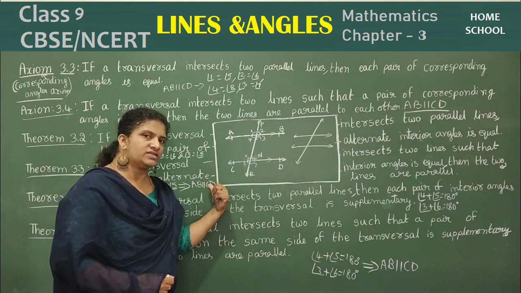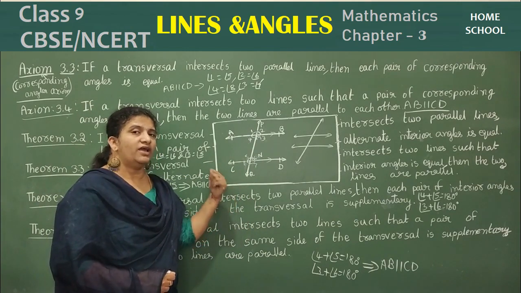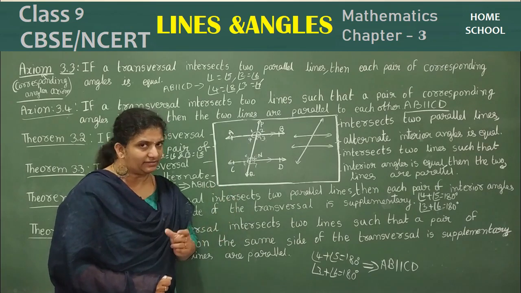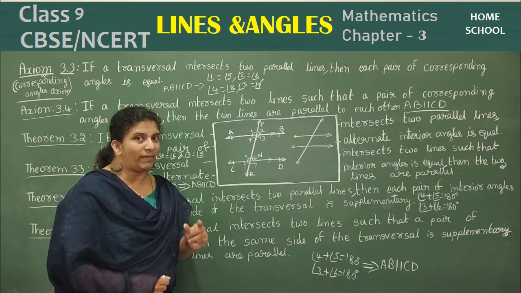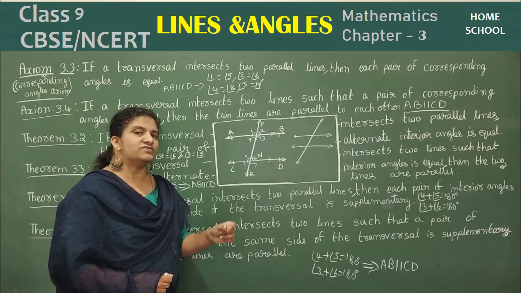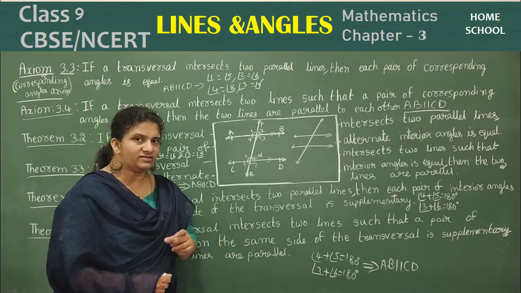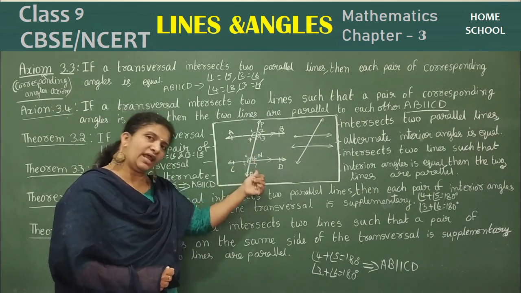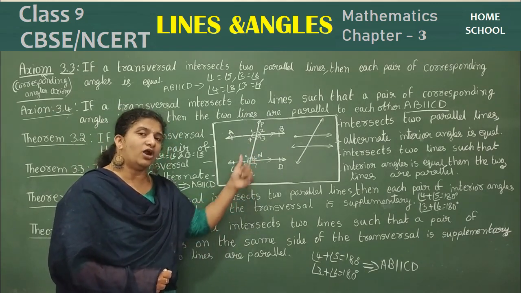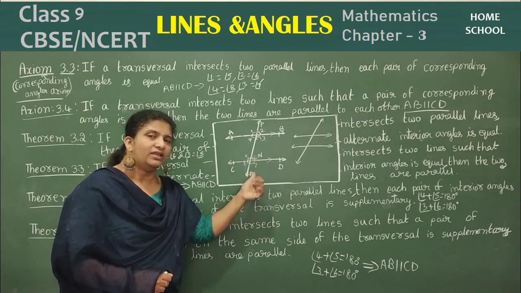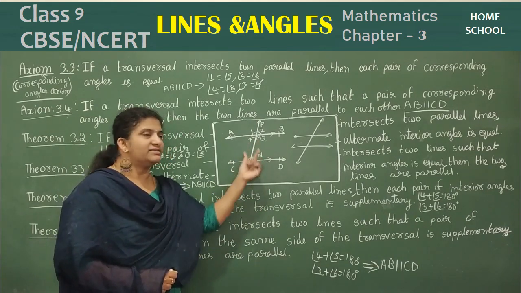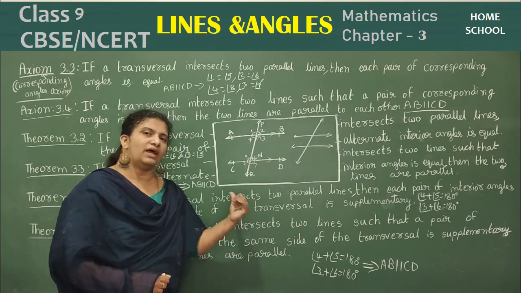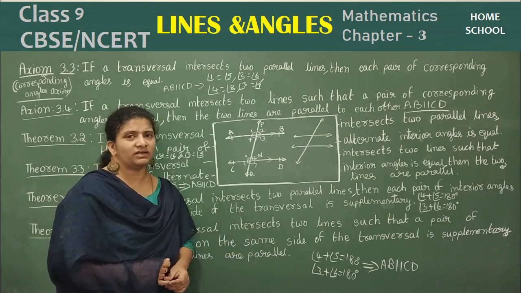The same converse is for the next statement. What is that? If a transversal is drawn on two lines, okay, they are not saying parallel now. What they are saying is, if a transversal intersects two lines such that the alternate angles are equal, if alternate interior angles are equal, then what can you say here? The lines are parallel. Okay. See the last statement and its converse. What is the last statement here, children?